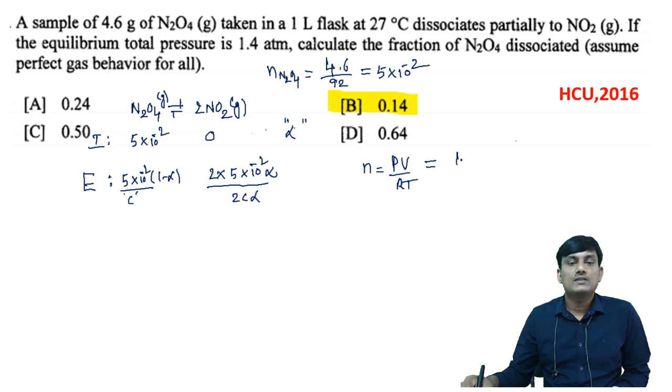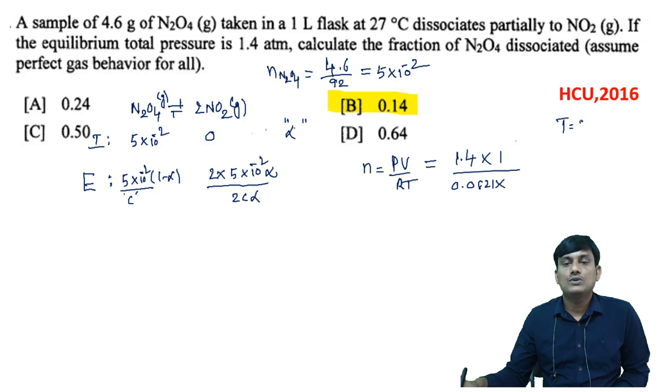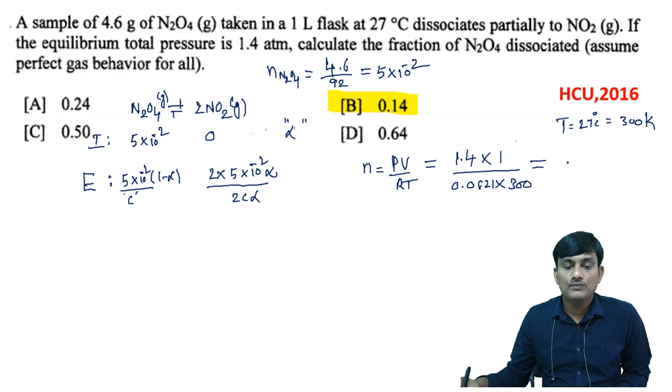Okay, what is the pressure? 1.4, volume 1 liter, and R is 0.0821 liter atmosphere mole inverse Kelvin inverse, and temperature is 27 degrees centigrade. So it will be 300 Kelvin. You have to add 273 to 27. You will get 300. So when you simplify, you will get n is equal to